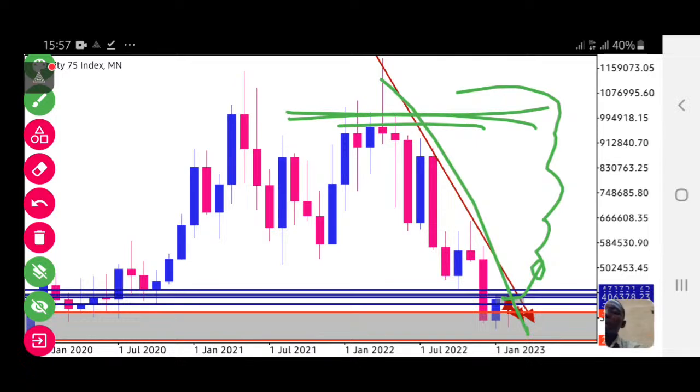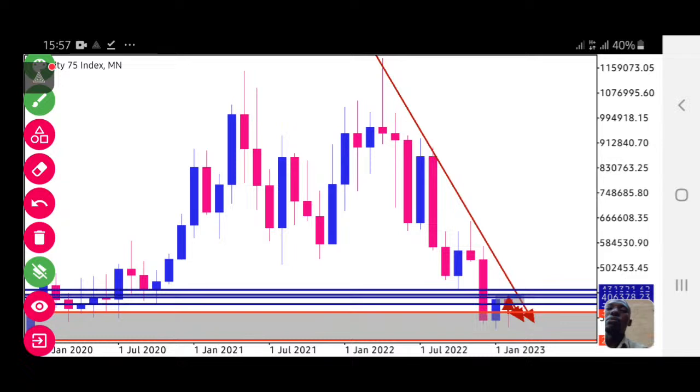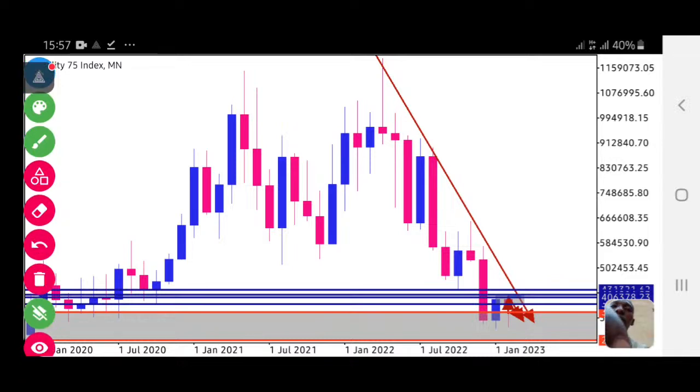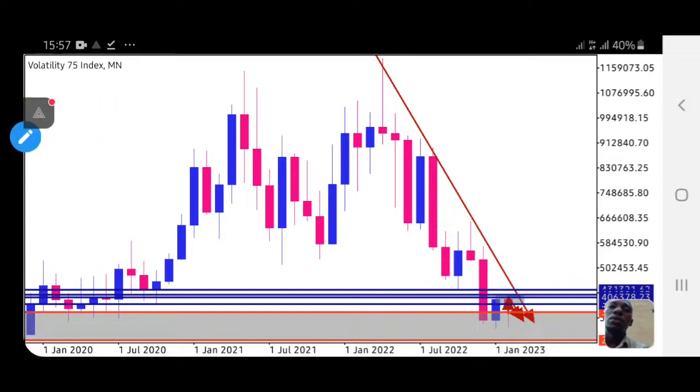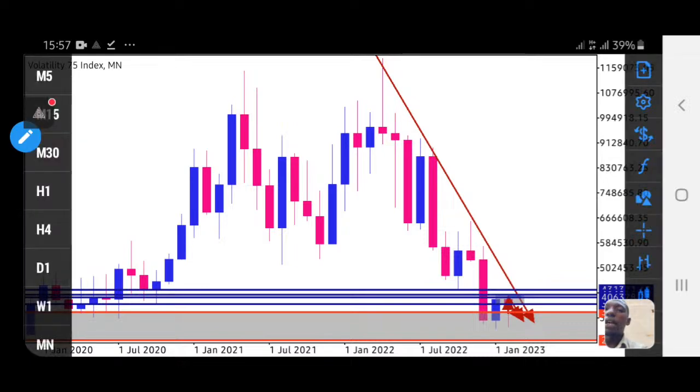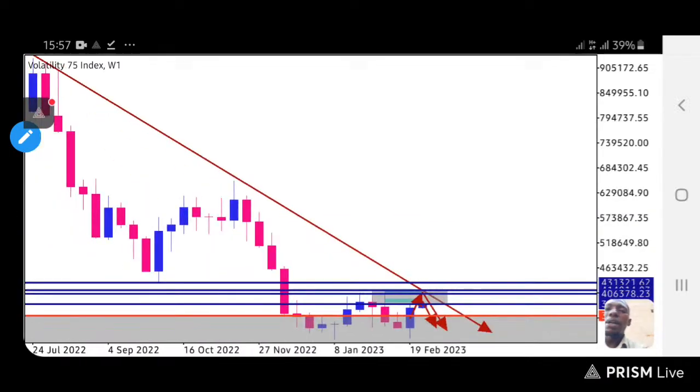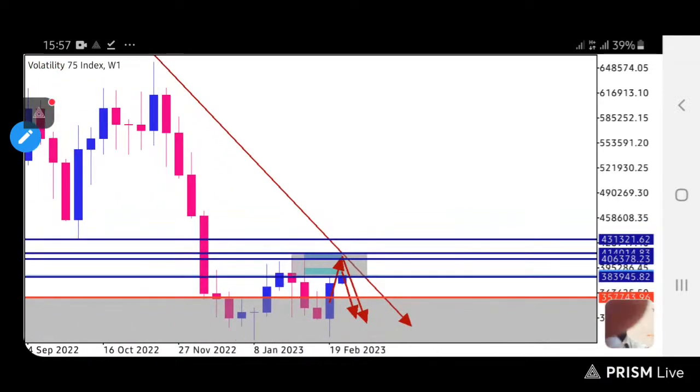The last time I told you that because we have hit the monthly zone, we are expecting some double bottoms, guys. Let me first remove this here, like that. If we dive into the weekly time frame, guys, we are still in monthly. If we come back to weekly, we can see here around this place, guys.